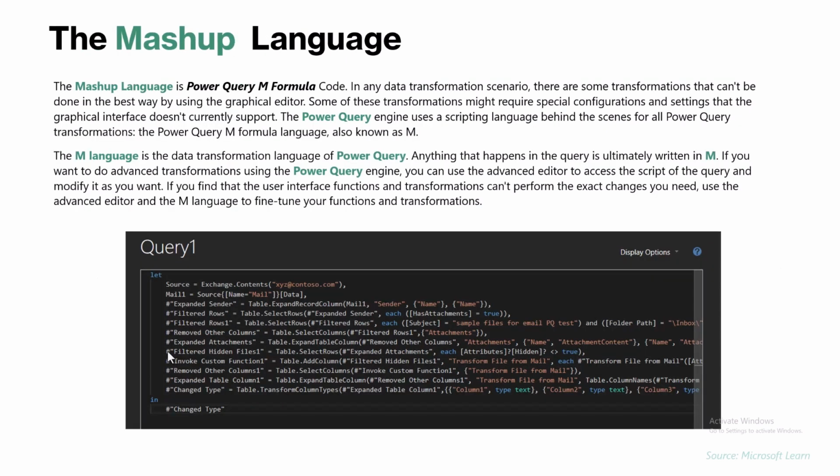And now we have what we call the mashup language. What is the mashup language? Mashup language is a Power Query M formula, which is the M language, because M code. That's what's called the mashup language. So anytime you do a transformation in Power Query, because it's a data preparation and transformation engine,